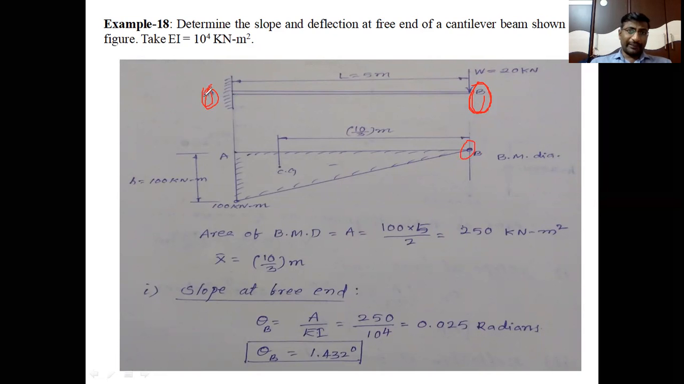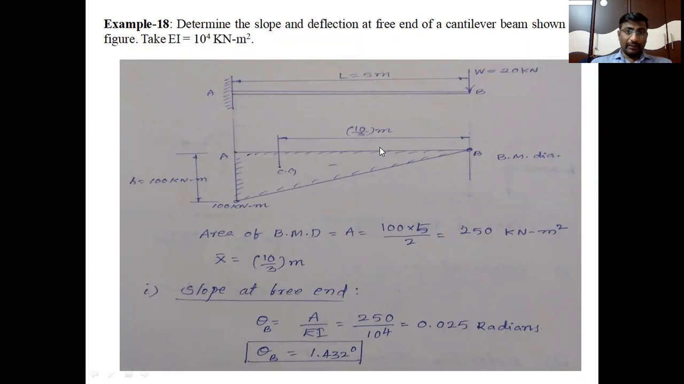And bending moment at point A is the moment developed by all the forces on the right side. What are the forces? 20 kilonewtons is there. 20 into perpendicular distance 5 meters. Sorry, 20 into 5 meters. So totally 100 kilonewton meter, which is in clockwise sense. So clockwise moment will be developed. Clockwise moment is negative. So bending moment at point B is 0, bending moment at point A is 100